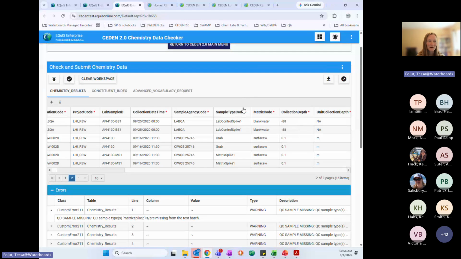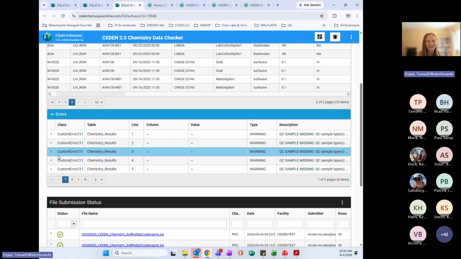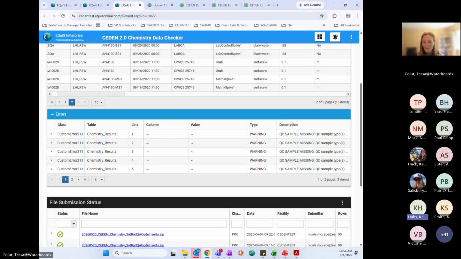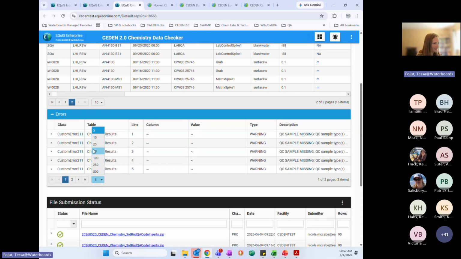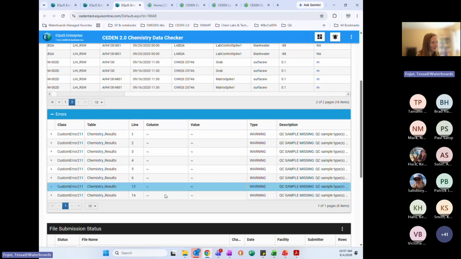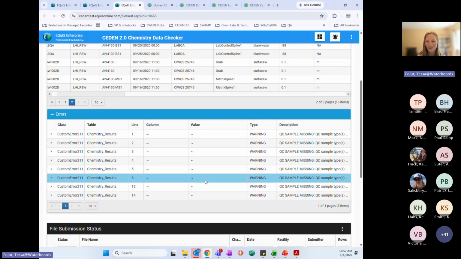So we can ask about whether we could add a button to this, but I think it's a standardized thing that I don't know if we can customize further. But we'll ask. Thank you. Right now I just have it set to show 5, so I could increase that to 10 and then I can at least see all the warnings or errors at one time. And I can see they're all the same, but that's not always the case. This is a file I made up to be easy.